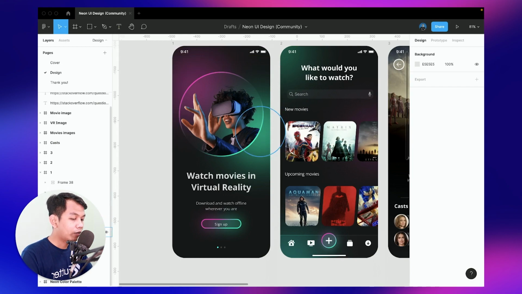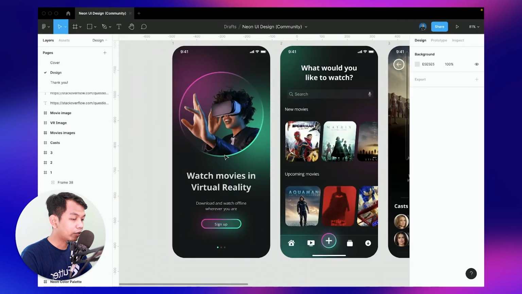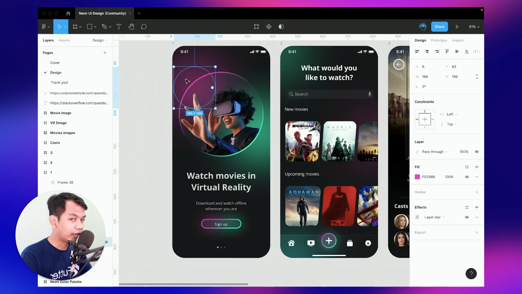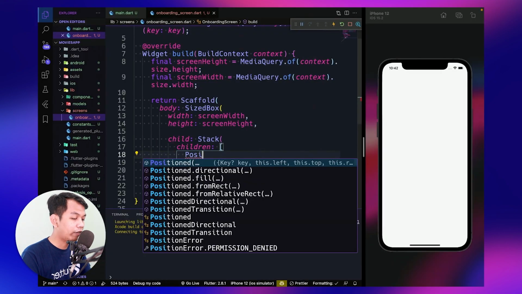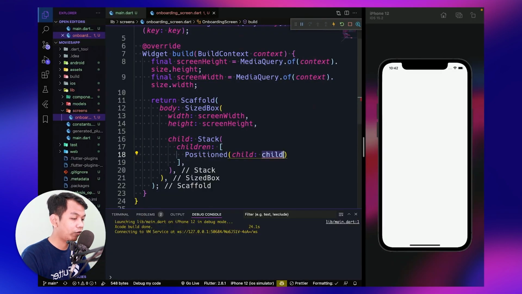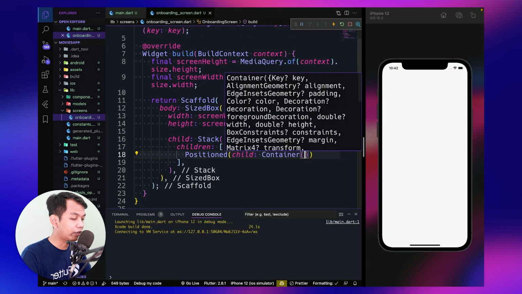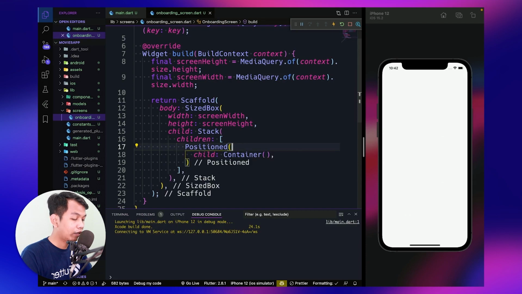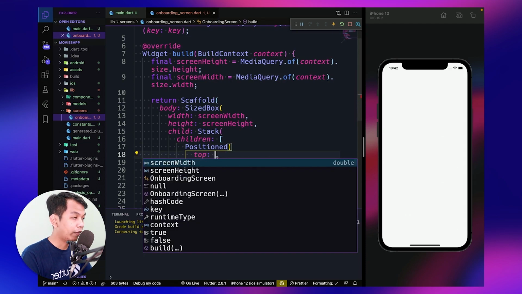Okay, so let's go back here, and for the very first one, let's click this, and as we can see, this is placed on the top left. In the stack widget, we can use a positioned widget, and for the child, let's use a container. The powerful thing about the positioned widget is we can give parameters like top.